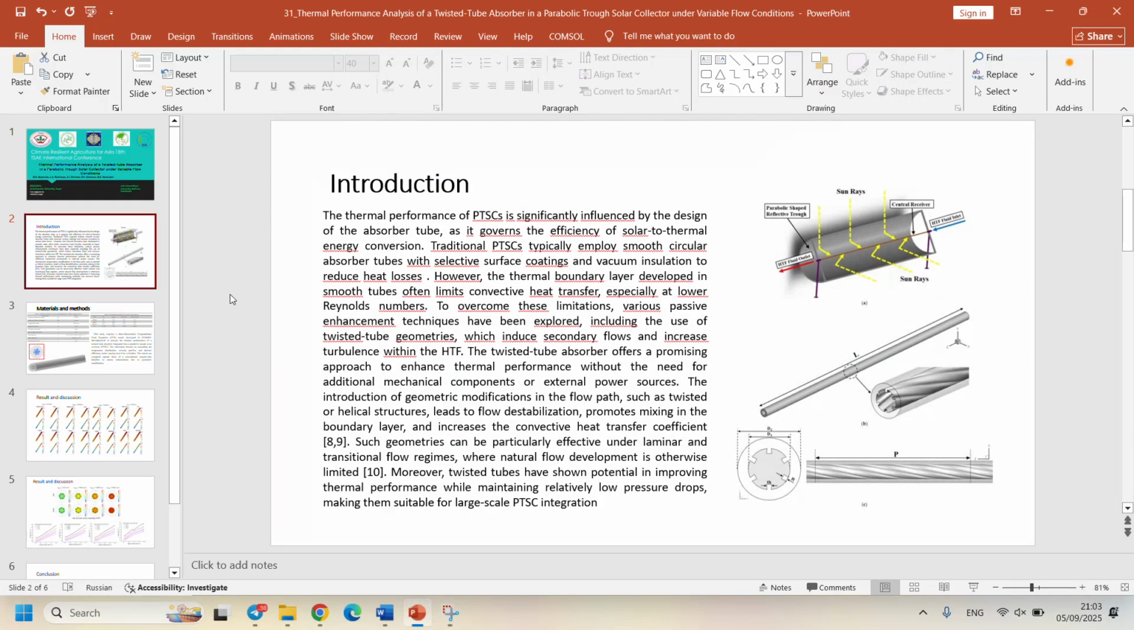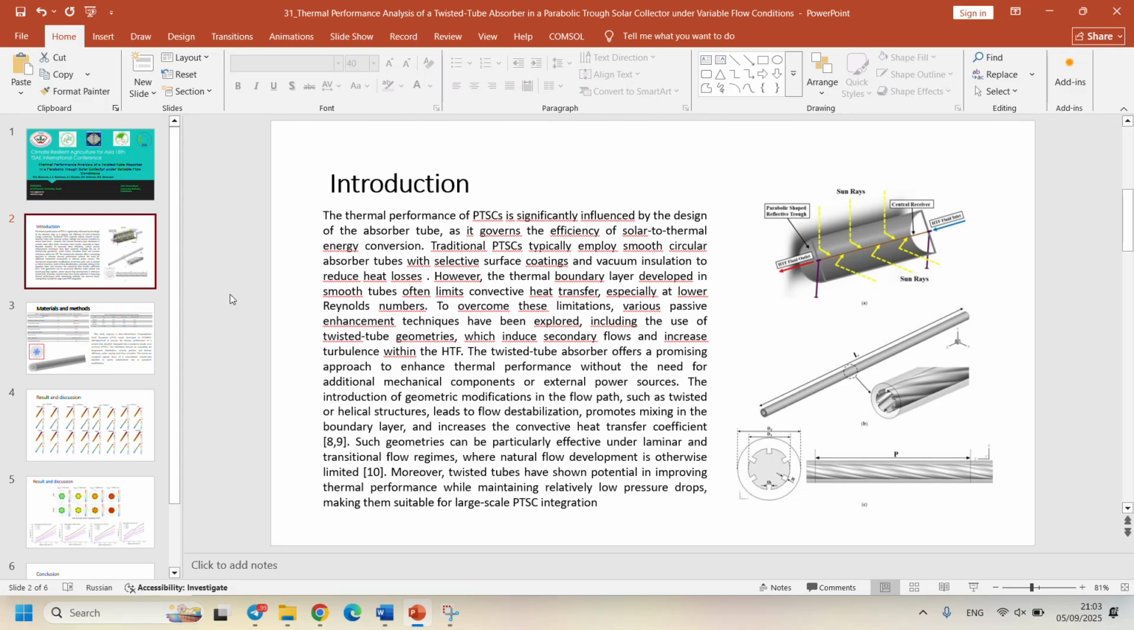The thermal performance of solar PTC is significantly influenced by the design of the absorber tube, as it governs the efficiency of the solar to thermal energy conversion. Traditional PTC typically employs a smooth circular absorber tube with a selective surface coating and vacuum insulation to reduce the heat losses. However, the thermal boundary layer developed in smooth absorber often limits convective heat transfer, especially at lower